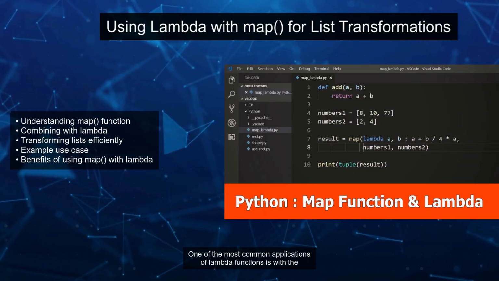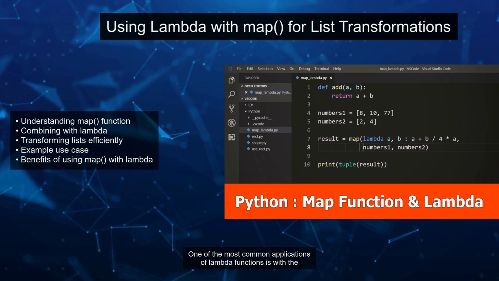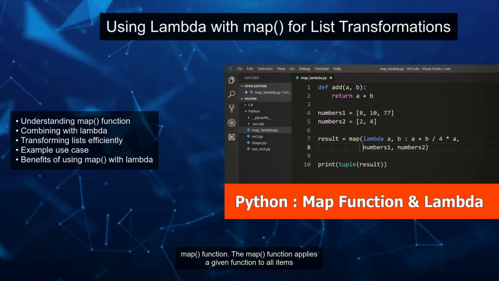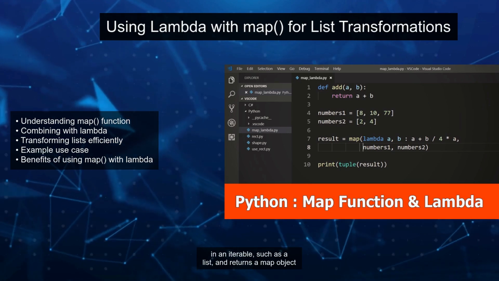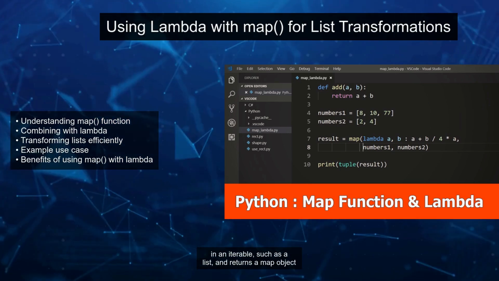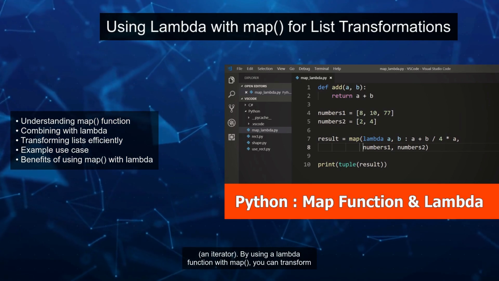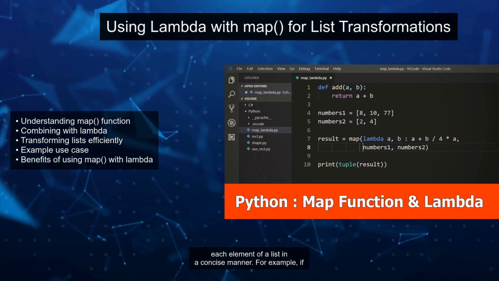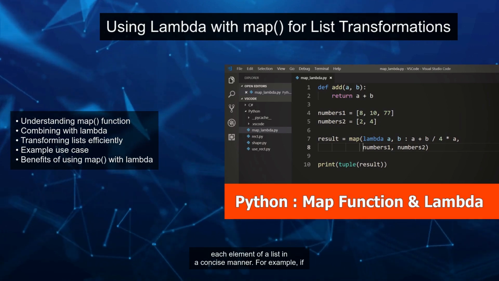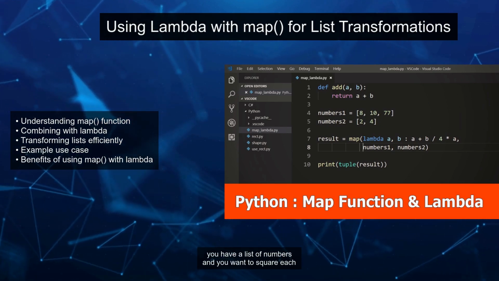One of the most common applications of Lambda functions is with the map function. The map function applies a given function to all items in an iterable, such as a list, and returns a map object, an iterator. By using a Lambda function with map, you can transform each element of a list in a concise manner. For example, if you have a list of numbers and you want to square each number, you